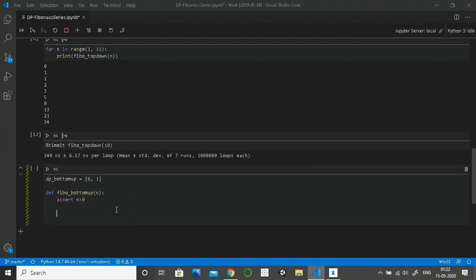Now let me quickly explain it to you. Let's say our current array consists of values for n equal to 1, 2 and 3. In an array, indices start from 0, so it will be 0, 1, 2, and the values here are 0, 1, 0 plus 1, which is 1.